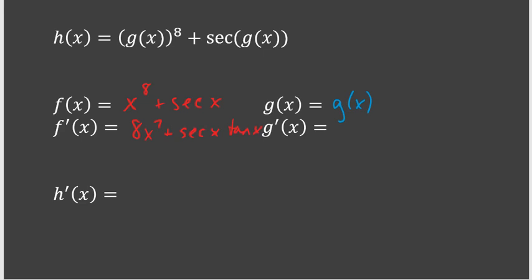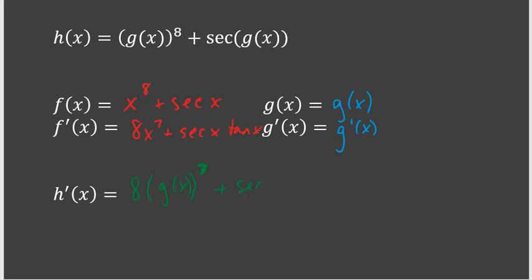And then for g of x just being an arbitrary function, the derivative of g is just the derivative of g. So g prime of x is just g prime of x. So when we make the substitutions in the proper places in the formula for chain rule, we find that h prime of x is going to be 8 times g of x raised to the 7th power